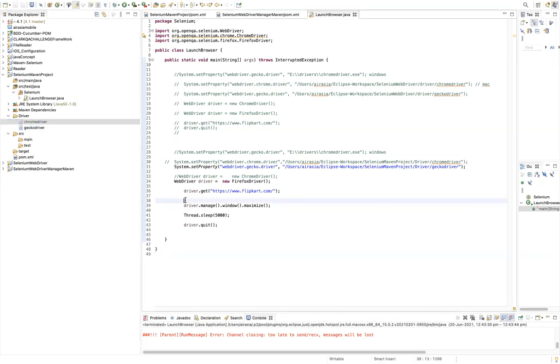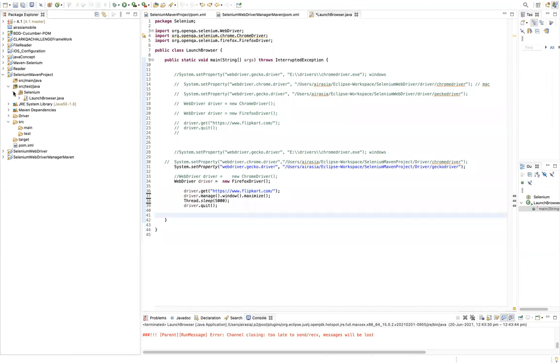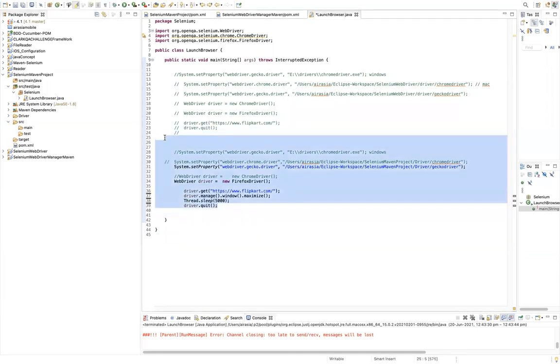Once you start working on your real-life project, it is very challenging to update your driver every time, or sometimes it is not supported. So for that I also have one solution. For that, this driver is not required at all. So how can we achieve that? For that, I will create a new method, or I will just comment out this line of code for now.